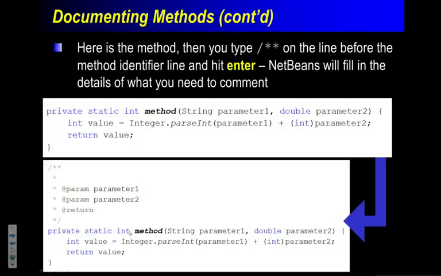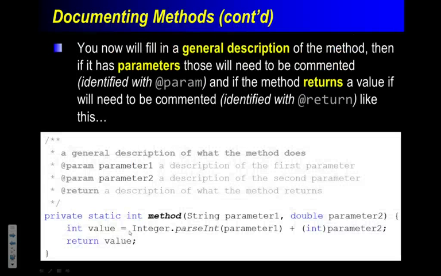Okay, so you can see that here in my notes, that I show that, and then I show that in an example right here. Same example kind of that we just did. So these things called @param and @return are what are called tags that NetBeans will suggest to you. Now,